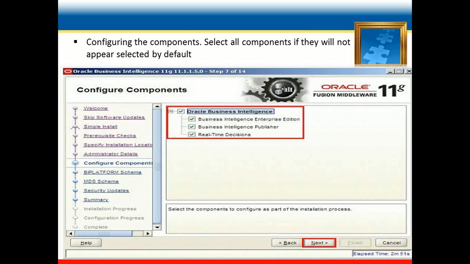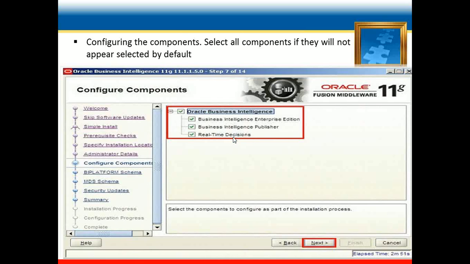Just hit the next, and here we can check the configuration of product components. Here we have Oracle Business Intelligence, which includes the Business Intelligence Enterprise Edition, Business Intelligence Publisher, and real-time decisions. Here we need to check whichever components we have to configure.